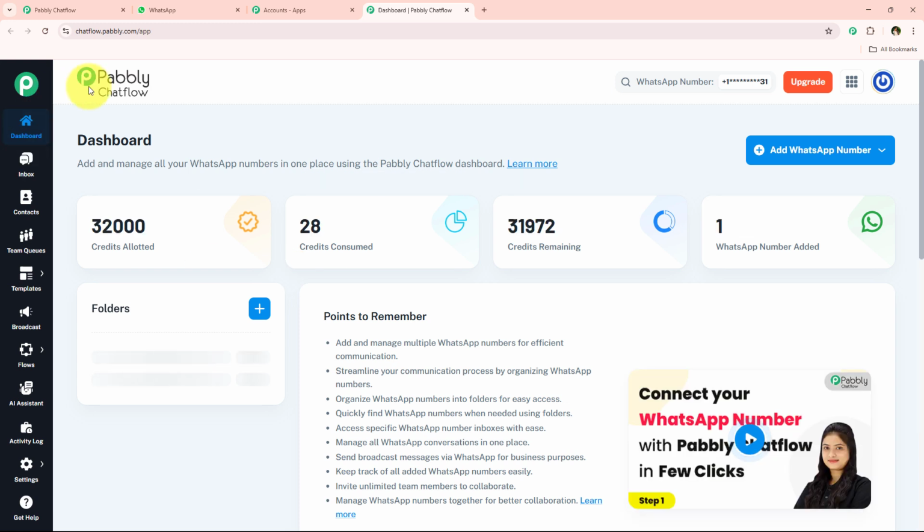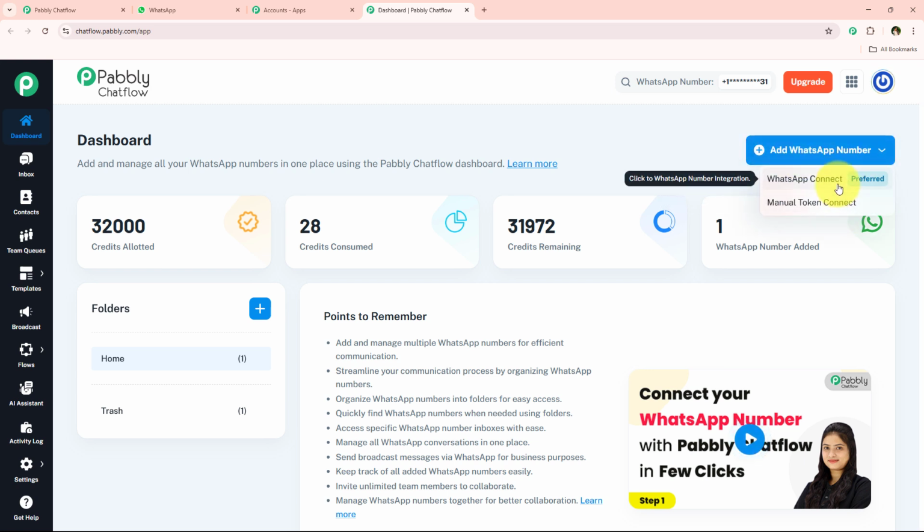And once I'm just going to click on this access now, it is going to open the dashboard of my Pabbly Chatflow account. And over here, to create a WhatsApp chatbot, we first have to add a WhatsApp number inside our Pabbly Chatflow account. So to add a WhatsApp number, we are simply going to click on this add WhatsApp number button. And over here, we are going to get two methods to add the WhatsApp number: WhatsApp Connect or